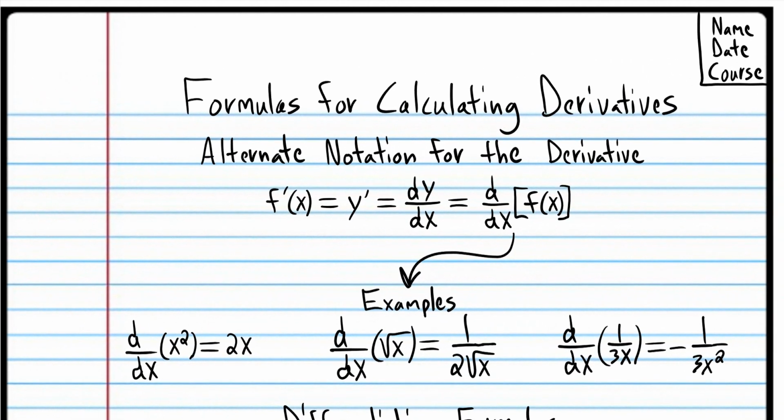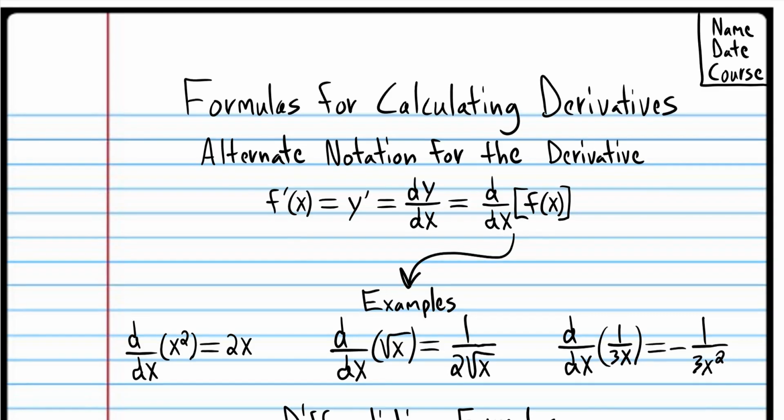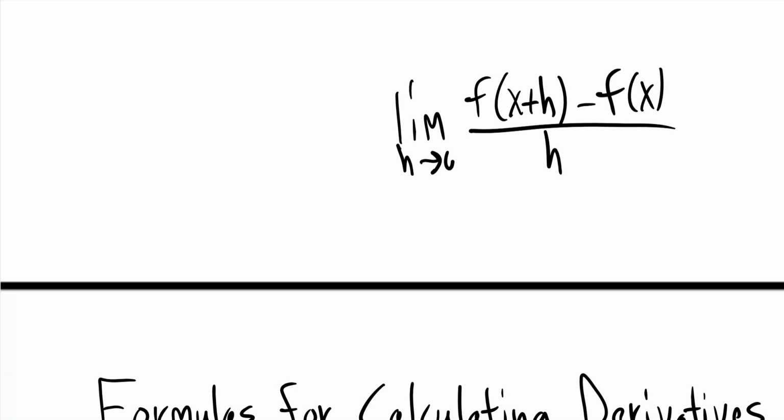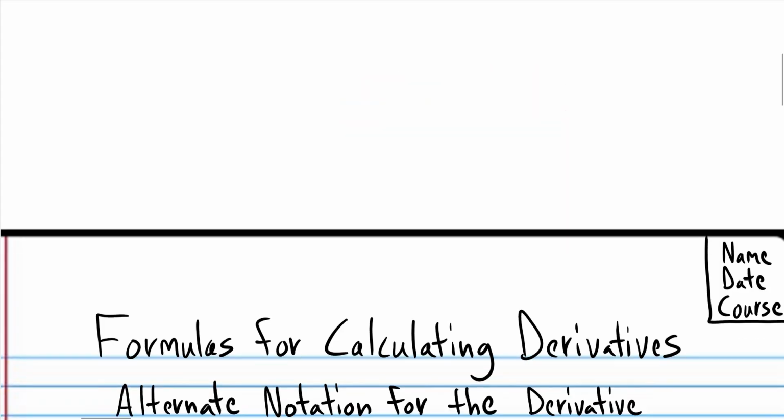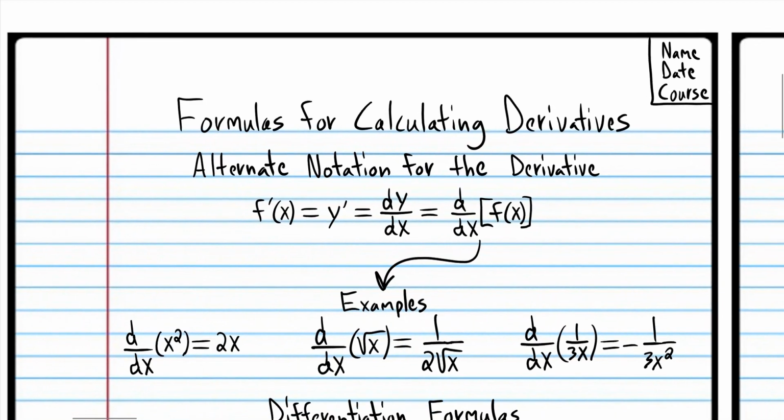So, in the previous class, we learned how to find the derivative function, but you may have noticed that it wasn't so easy. We had to use this derivative formula, and the algebra was kind of tedious. It took a while to find the function, but the good news is that we don't really have to use this formula every time we want to find a derivative. We can use shortcuts, and we're going to learn those shortcuts today. But before we do that,